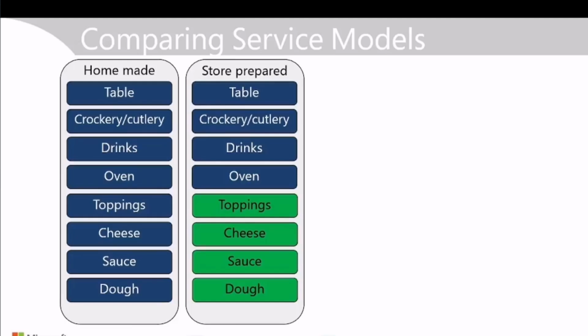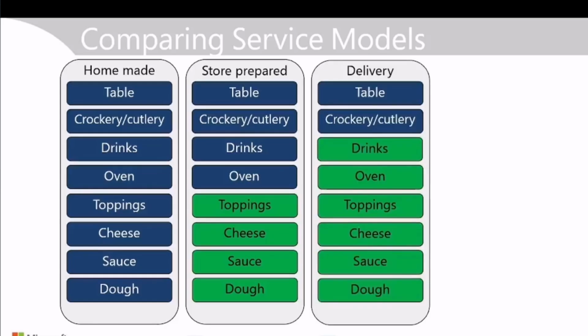Possibly you bought those at the supermarket, but nevertheless, you provide those drinks. Again, if you feel like it, crockery and cutlery, if you don't want to eat it from the box, and then a table at which you can sit to eat. So some of the responsibility is the vendor's and some of the responsibility is yours. Now down the delivery route, so you phone through for a delivery of a pizza, and again the vendor is responsible for the dough, the sauce, the cheese, the toppings, and this time they cook the pizza and optionally provide you with the ability to order drinks. So again, all you need now to do is to find somewhere to sit and to eat off.